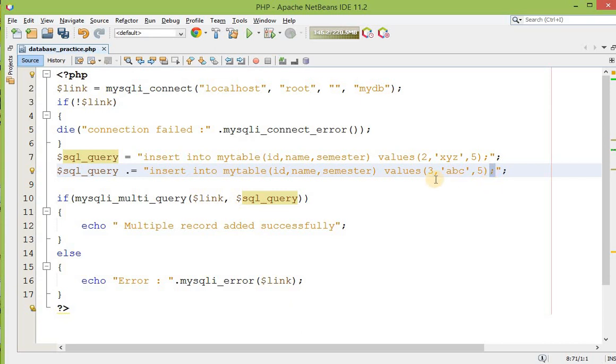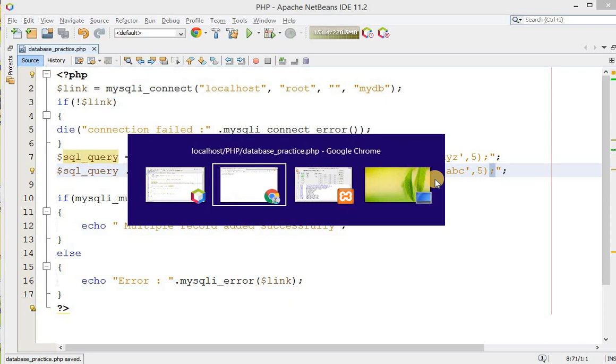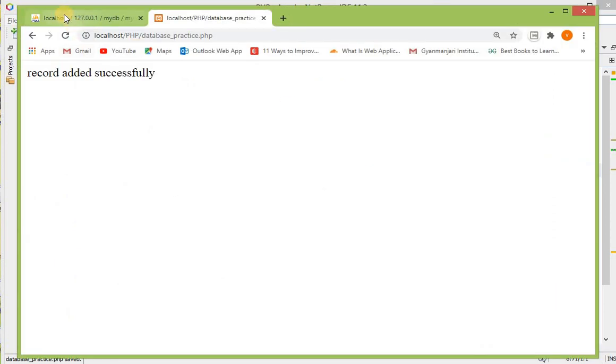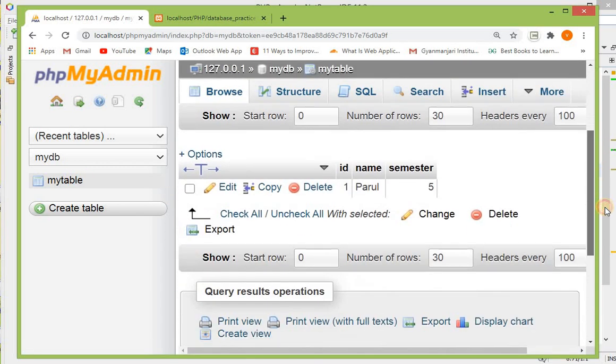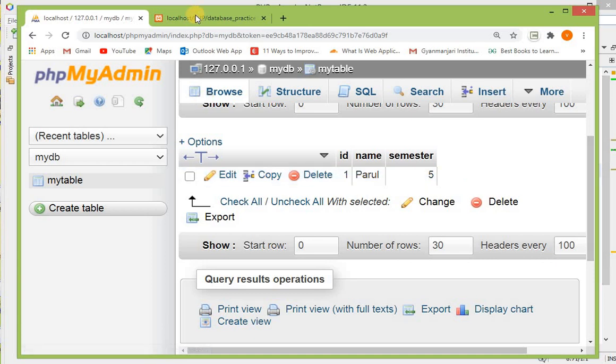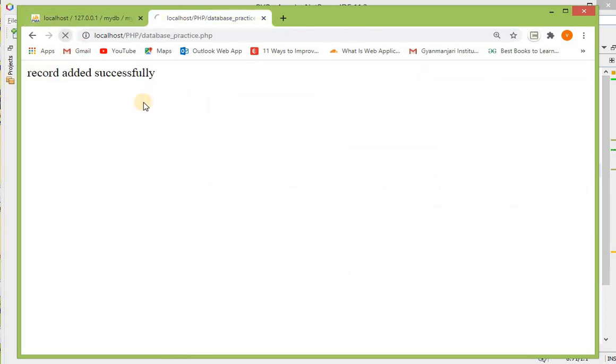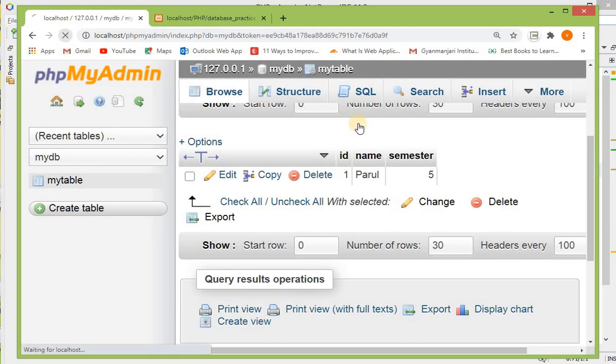Save this, and let me first show you how many records are there in my table. You can see it is only one record, but if I just refresh this page, multiple records are added successfully.